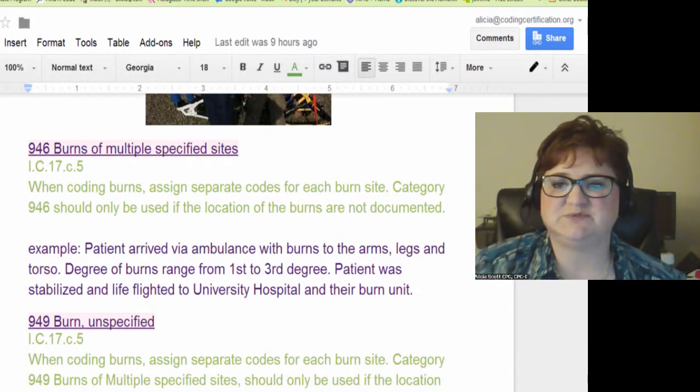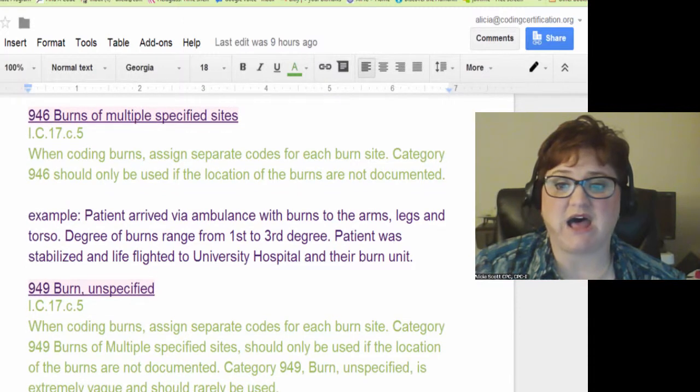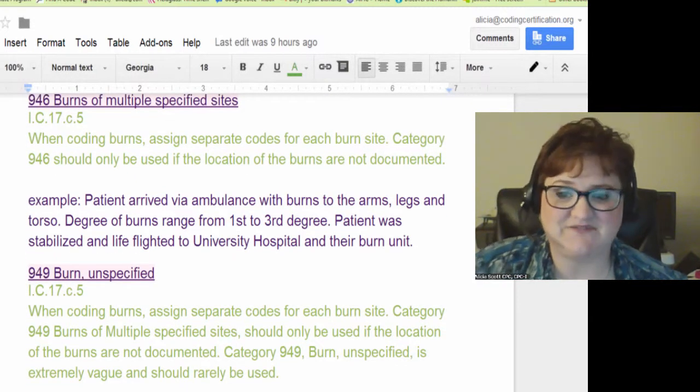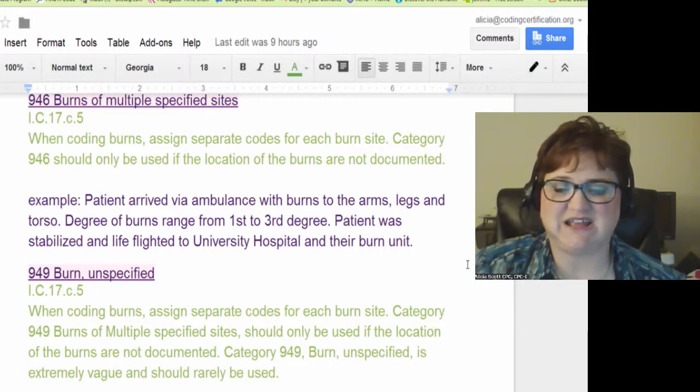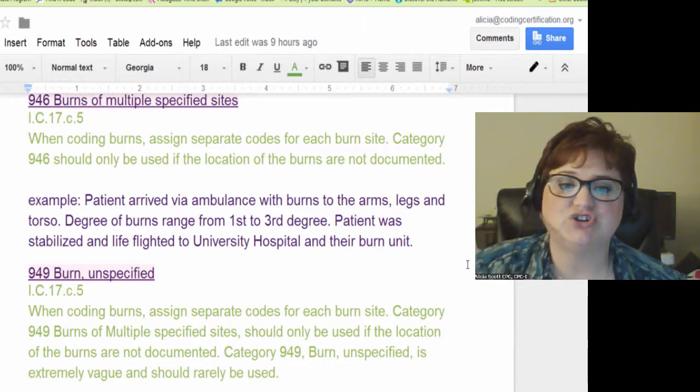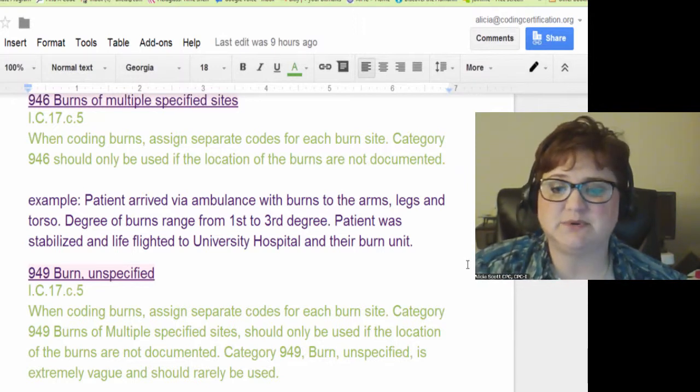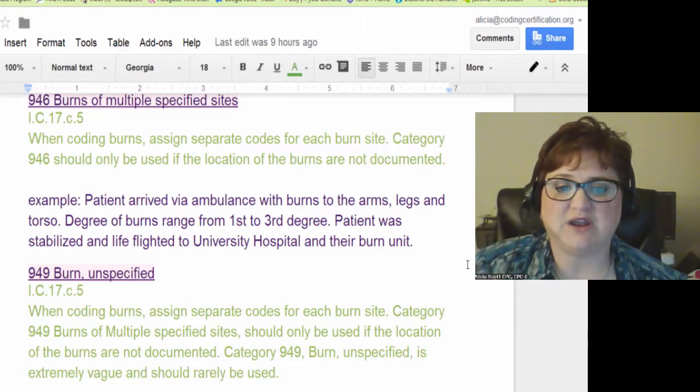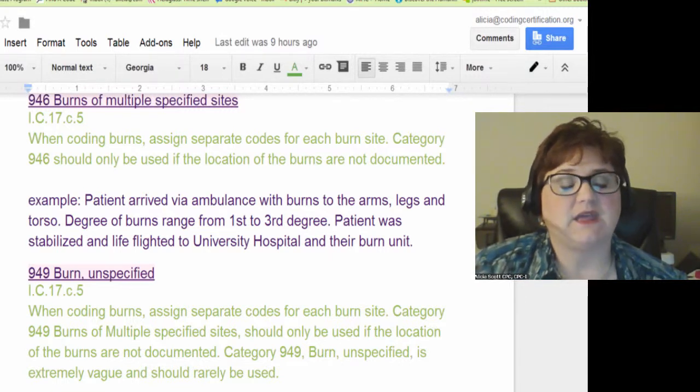Now, what's the difference between 946 and 949? 949, burn unspecified. Again, here is the guideline, which is the same place where you'd get the information. When coding burns, assign separate codes for each burn site. Category 949, burns of multiple specified sites should only be used if the location of the burns is not documented. Category 949, burn unspecified, is extremely vague and should rarely be used. In other words, you can probably find a better